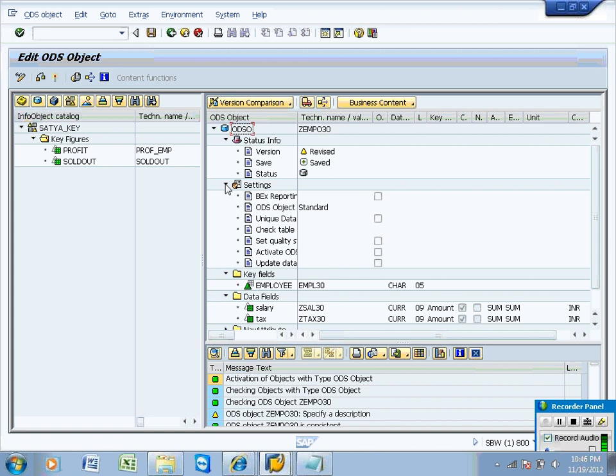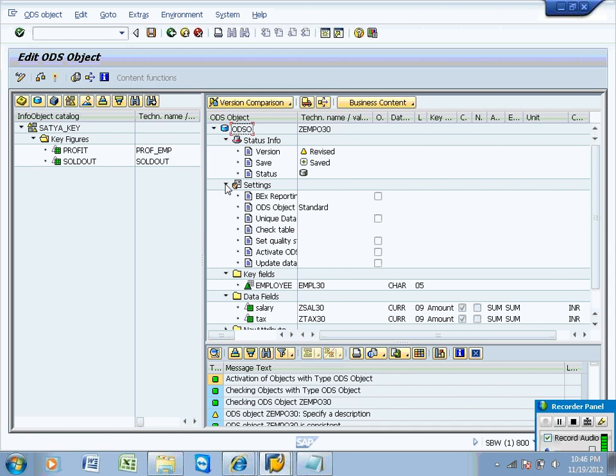First setting, BEx reporting. If I check this one, this ODS will be available for reporting. Otherwise, it won't be available for reporting. So this is the first setting. If you want to use the ODS as a reporting object, then only check this one. If you are using the ODS as a staging one, don't check this. If you check this one, it is going to reduce your loading performance.